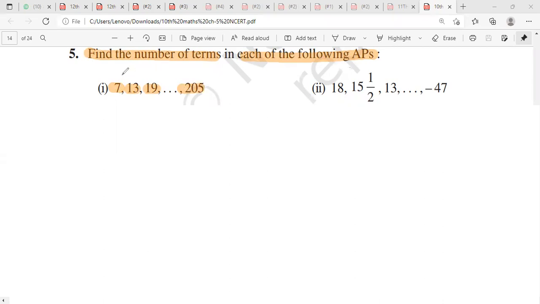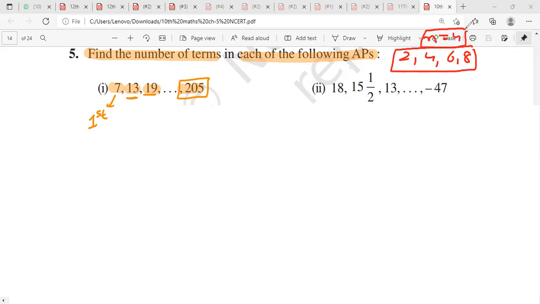अब देखो इस AP की फर्स्ट टर्म है 7. This is the second term. 19 is the third term. तो आपसे पूछा जा रहा है in this sequence ये जो 205 है, ये 7, 13, 19 से लेके 205 तक इस एपी में कितनी टोटल टर्म्स होंगी? जैसे मैंने यहाँ लिखा 2, 4, 6, 8, तो इस एपी में टोटल कितनी टर्म्स है? आपने कहा 4, 1, 2, 3, 4। आपने कहा सर इसमें 4 टर्म्स है। मैंने कहा बिल्कुल ठीक है।